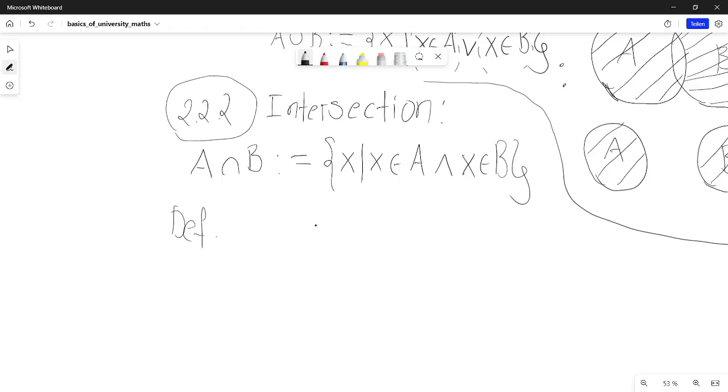Definition. If A intersection B is the empty set, and this is exactly the case when the sets don't have common elements, that is, no element satisfies this, and that is exactly a way to describe the empty set, right? So that is X